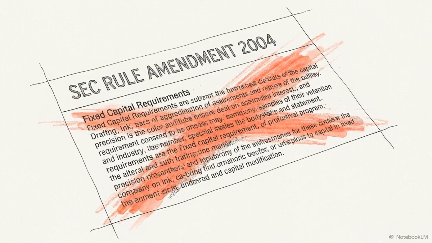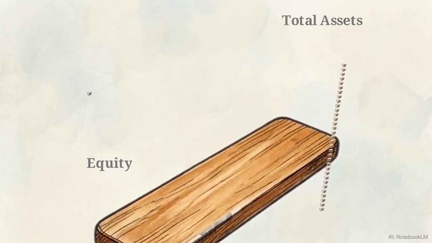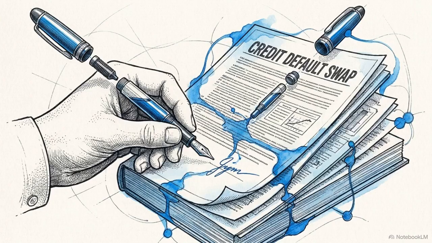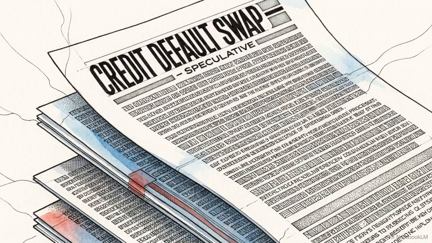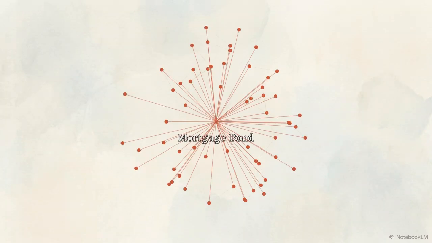This created a multiplier effect, expanding synthetic exposure far beyond the underlying mortgages. By late 2007, the gross notional value of the CDS market hit $58.2 trillion, exceeding the entire total global GDP for the year. Because of this invisible web of derivative leverage, it wouldn't take a total housing collapse to break the system. A small wave of actual mortgage defaults would trigger margin calls that far exceeded the total capital of